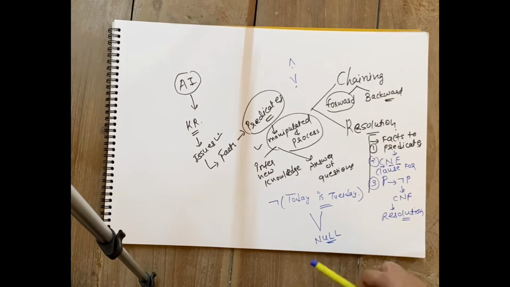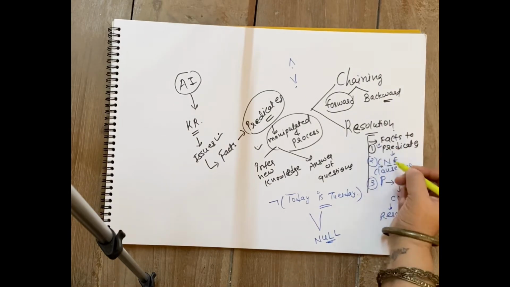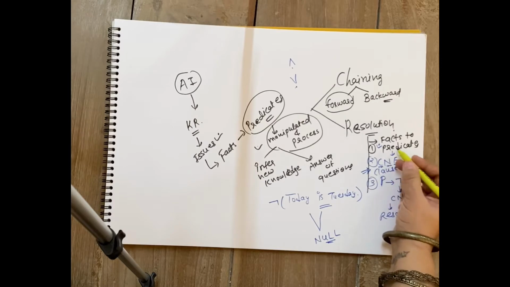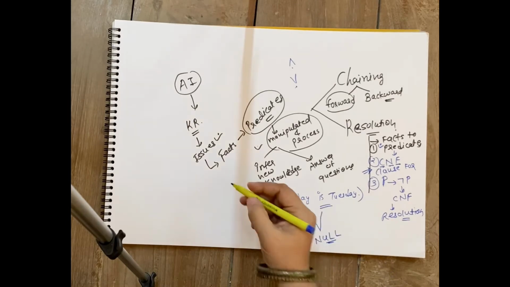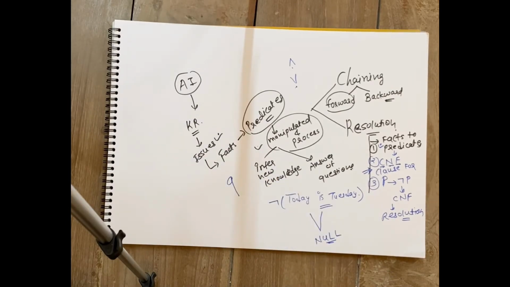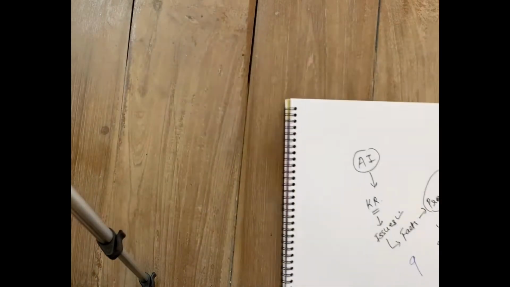Okay, now for applying resolution, what is important? We have already practiced this properly. So we are going to focus on converting predicates to CNF form. Now for converting predicates to CNF form, there are a total of 9 steps that you have to apply. So today we are going to discuss these steps in detail, and it is very, very necessary to understand them properly. Then only you will be able to apply it. In the GTU question paper, once or twice it has been asked to explain the steps of converting predicates to conjunctive normal form in detail with an example. So if that kind of theory question is asked, then also you have to explain all the 9 steps properly. So focus here properly.